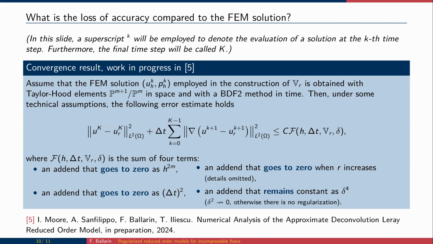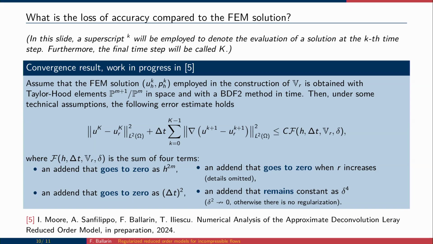So in some work that we currently have in progress, we are trying to prove a convergence result in which, assuming that the finite element solution UH-PH, which is employed in the construction of the reduced space VR, is obtained with Taylor-Hood elements, let's say Pm plus 1 Pm for some integer m, and the BDF2 method in time, we are able to prove an error estimate for the L2 error at the final time and an integral in time of the H1 semi-norm, where